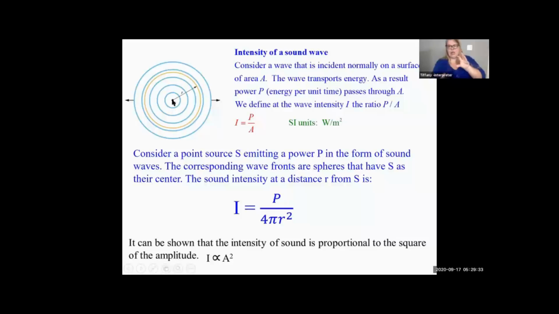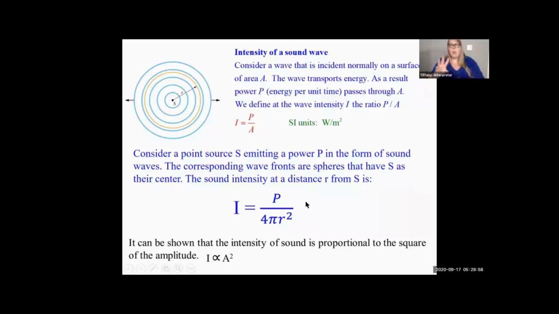So power of that source divided by the surface area, because sound waves travel in a three-dimensional sphere, and that sphere grows bigger and bigger. That's how sound waves travel, right? So this power flow, power divided by the surface area of the sphere, we define as the intensity of sound, okay? And its unit is watts per meter square, as is obvious.